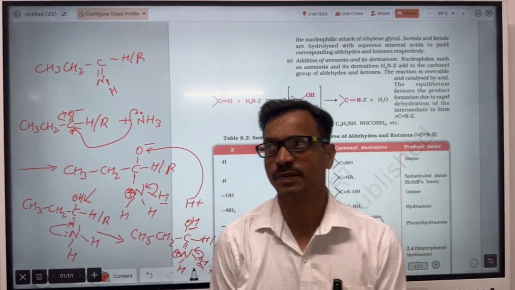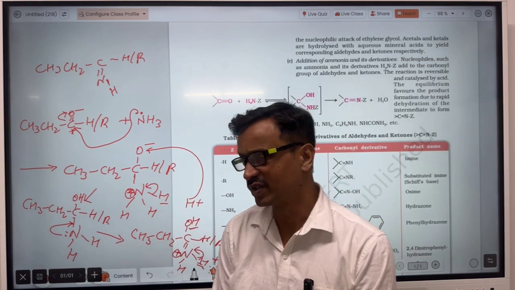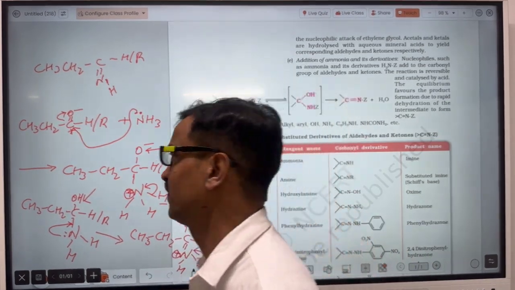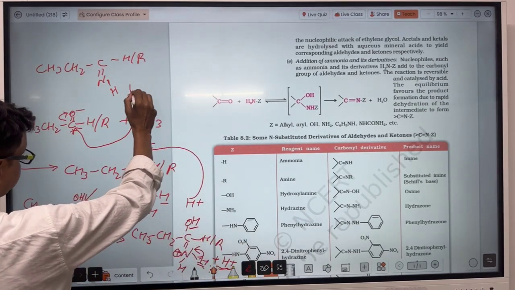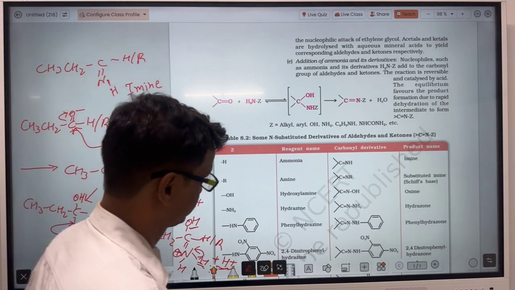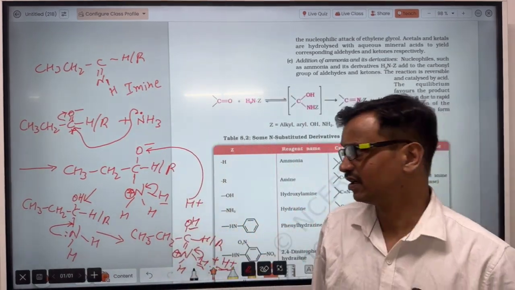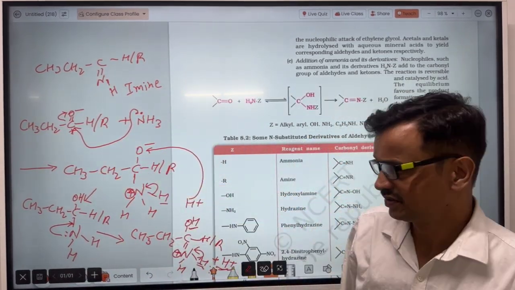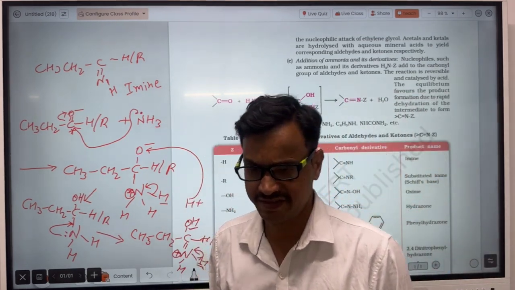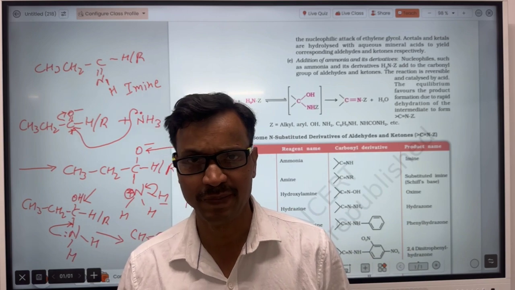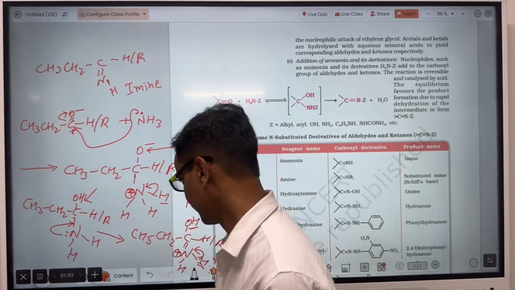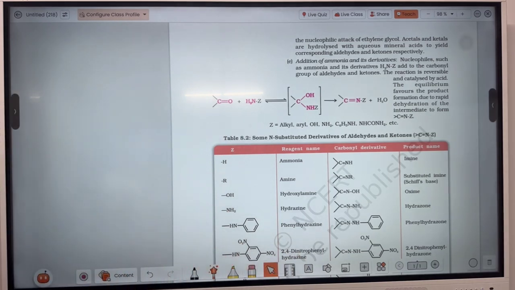When there is a double bond between the carbon and nitrogen, that compound is called an imine. So in this case, there will be formation of imine. When you react the aldehyde or the ketone with ammonia, there will be formation of imine. Imine is the compound in which there is a double bond between the carbon and the nitrogen. Then after, when you react with